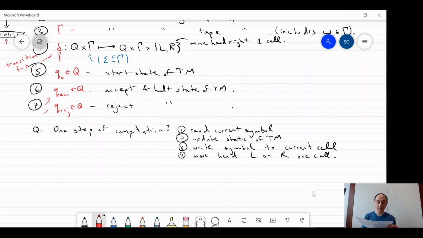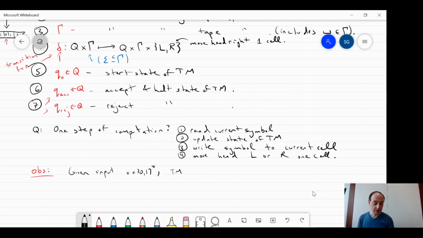We'll also assume that when the machine does halt and accept or reject, if it wanted to output, let's say, a string in addition to just a bit 0 or 1, we can assume that string is written on the tape and followed by an infinite number of blanks. So that's all that's left on the tape, the desired output. That's without loss of generality. And finally, of course, let me make a very important point or observation. So given an input x,